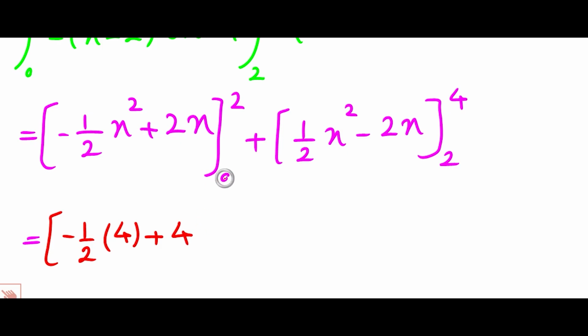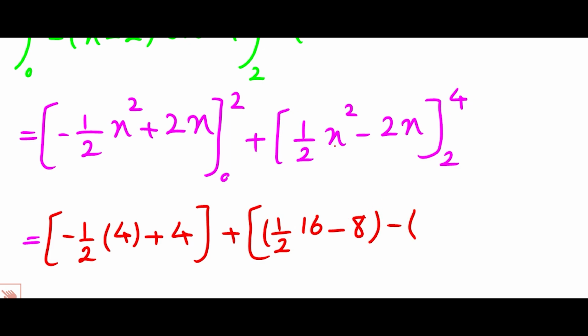Minus if x equals 0, so we have nothing, plus if x equals 4, so we have 1/2 times 4 squared is 16, minus if x equals 4, so we have 2x means 8, minus if x equals 2, so we have 1/2 times 4 is 2 minus 4,